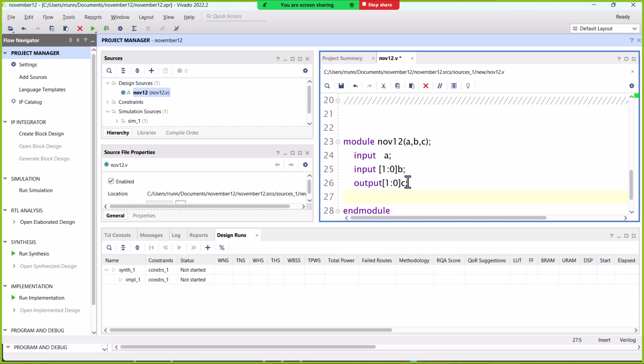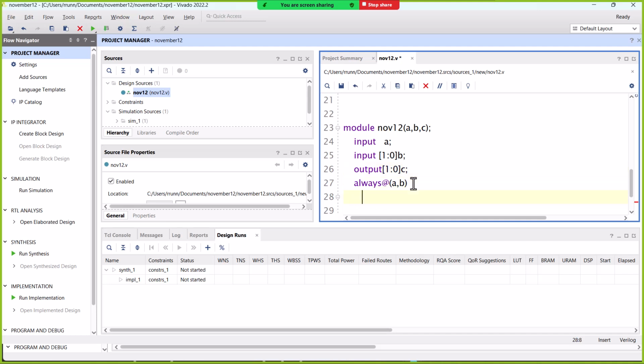Okay, so let's do an always block. Yep, let's do an always block. So let's do always at A, comma B. And let's do an if